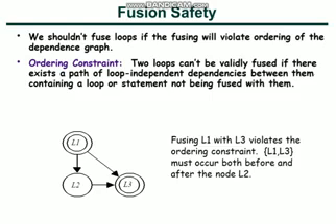So here, to fuse L1 and L3, you have to check whether you have any path from L1 to L3 which is going through any unparallelized loop. And yes, in this case you have a path from L1 to L3 which is going through L2, which is not parallelized. So it means that here you cannot fuse these loops because of the ordering constraint. The ordering constraint is there because the path between the two loops which are to be fused is going through a non-parallelized loop.